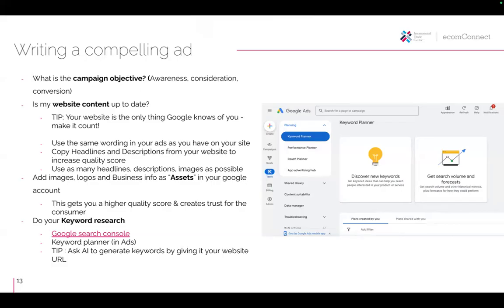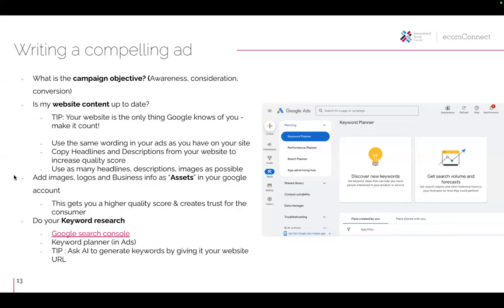We've also talked about how you get those headlines and descriptions to be of high rank, which is how you combine it with the content on your website. So the next point would be when you create your ad on Google Ads. We won't have time to go through that hand in hand, but when you do, there will be easily prompted questions. Add headlines here. They might be asking you for 15 headlines.